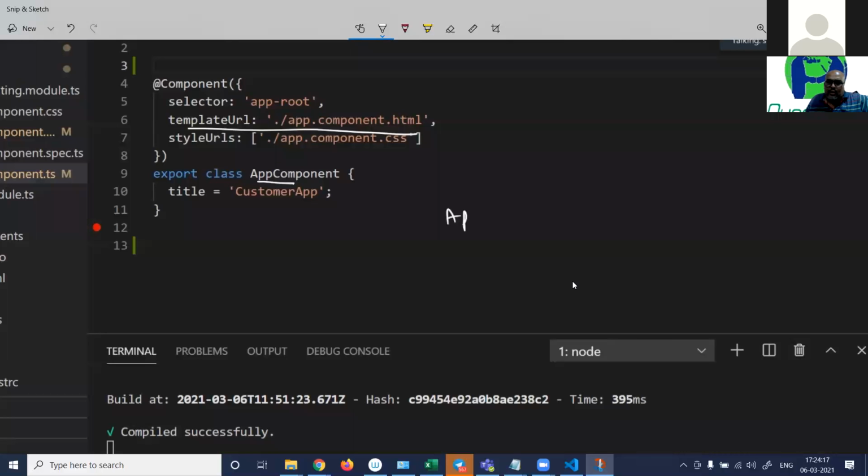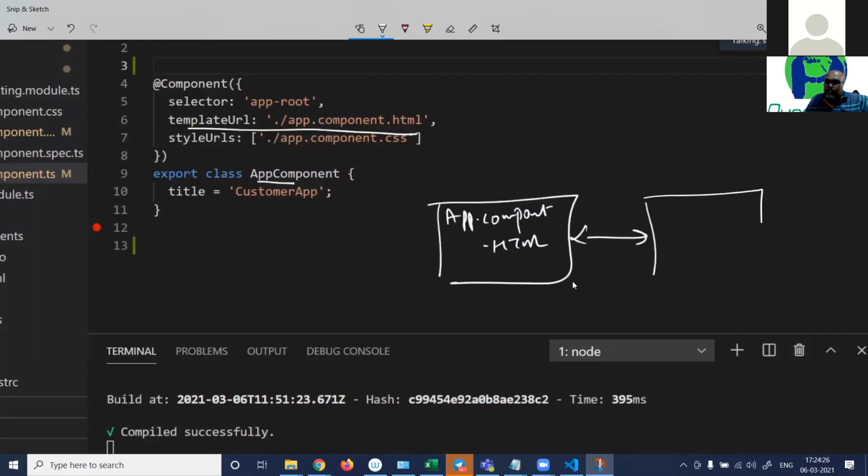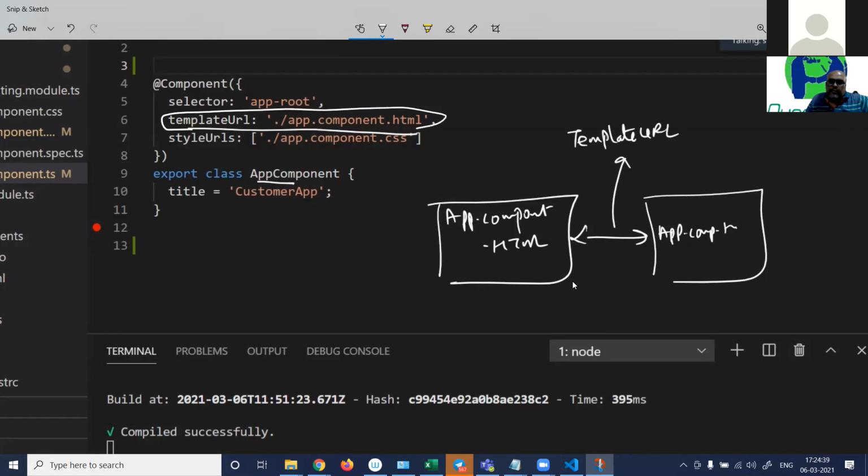So that app component.html is connected to app component.ts because of this template URL. If this was not there, there is no way I can know that this component is connected to that URL. Did everyone get this? What is a template URL?